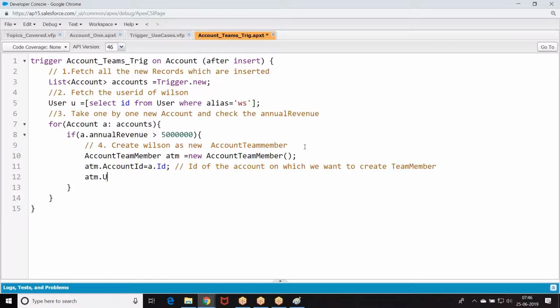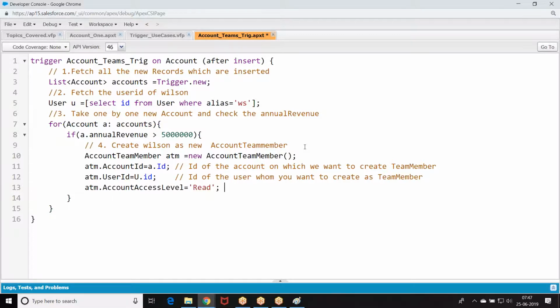ATM dot user ID, the ID of the user whom you want to create as team member. Then specify the account access level.